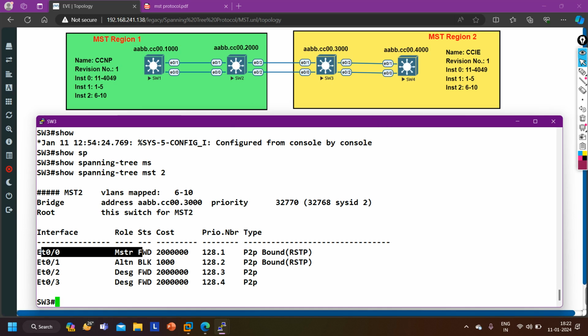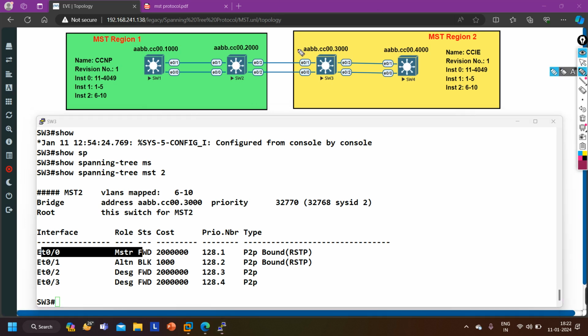So if you change priority on the upper port, on 0/1 port for instance 0, then definitely this port will become what? RP, right? So here we cannot achieve load balancing. And now the last thing I want to show you, that if I set priority 0 on switch number 4, then definitely switch 4 will become what? Switch 4 will become